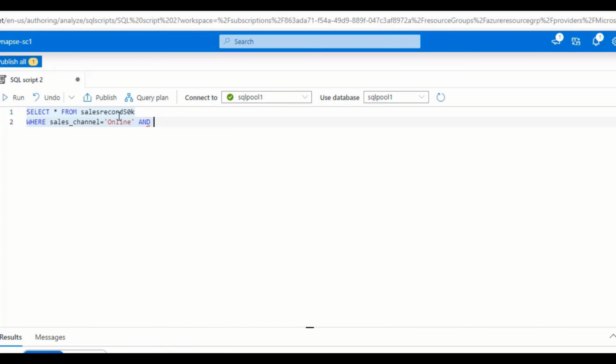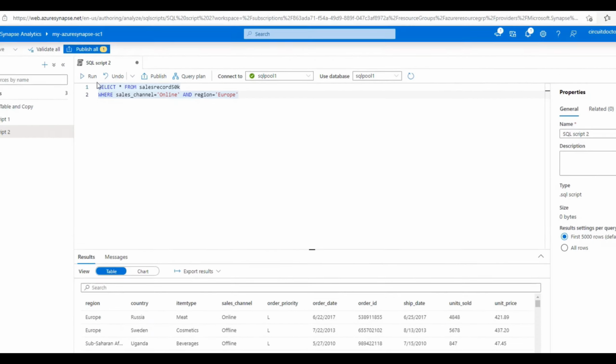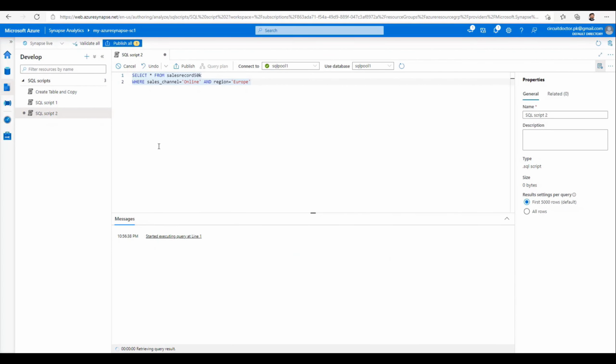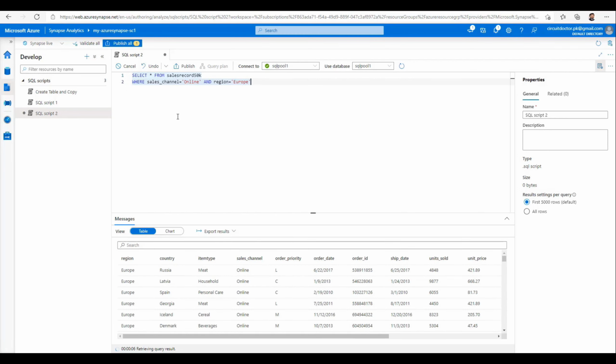For that, I will write down region equals Europe. After I run it, this will give me the result that it has a sales channel as online as well as the region as Europe. So you can see over here we have all the outputs that contain the region as Europe